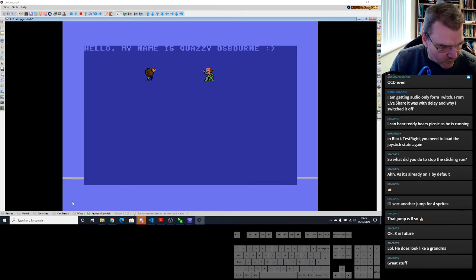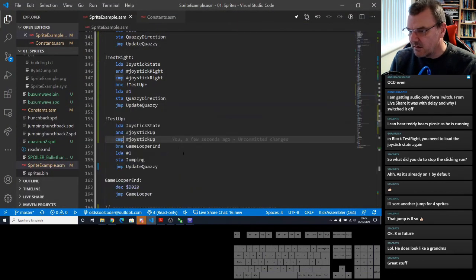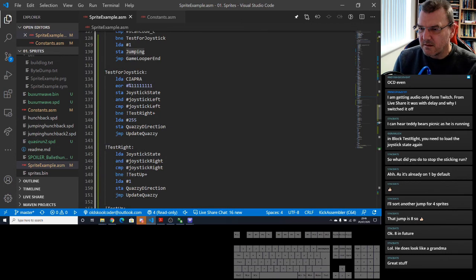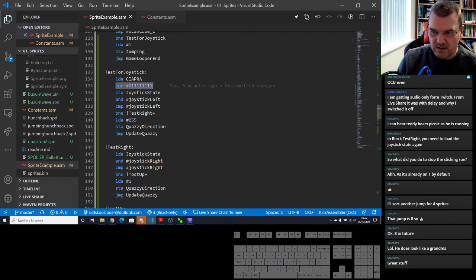So that's how you do the joystick. The joystick is not rocket science. It's very, very simple. You just have to understand that when you read the joystick, the 1 is not when you've pressed the button. It's a 0, and so it makes it difficult when you do the testing. But if you do this XOR after you've read the joystick and then store it away, then you are testing for 1s because you've flipped all the bits.